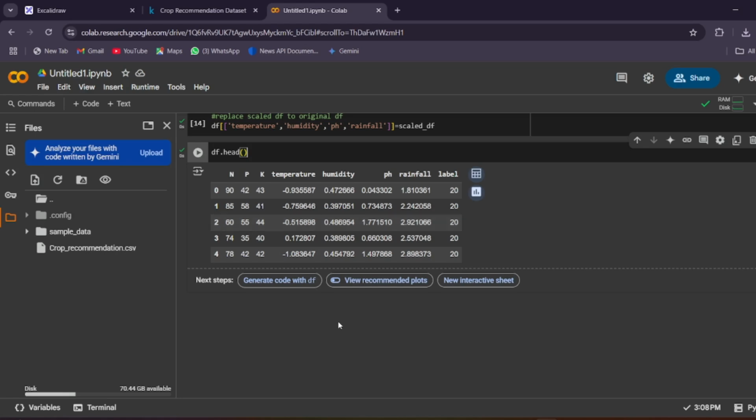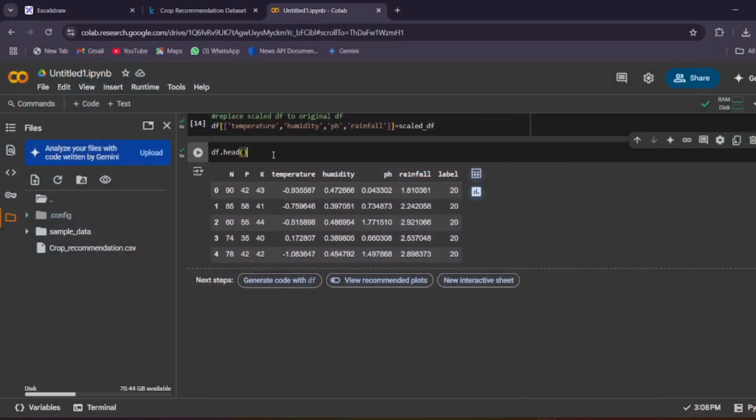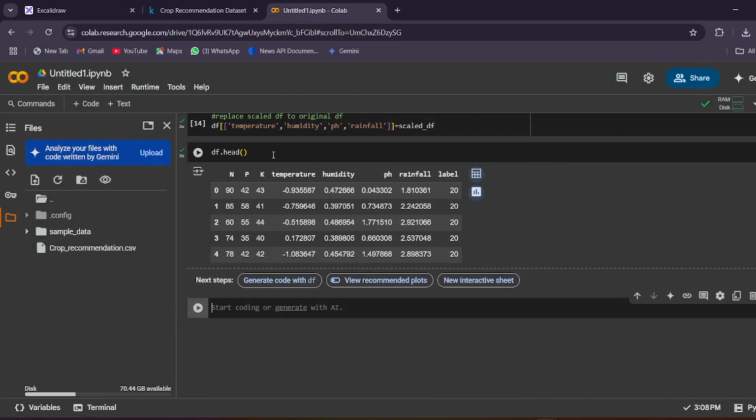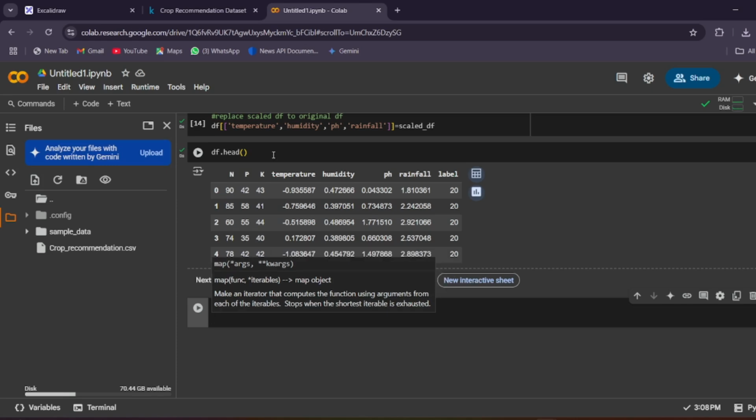And let's check. So now we are going to check the heat map so that we can know how this all works. We can get the clarity of how the features are related to each other and even to our target variable. For that, as we have already imported our function plt from matplotlib,